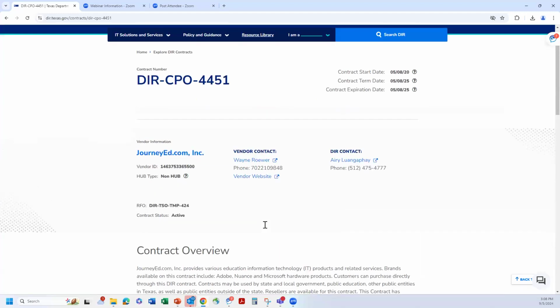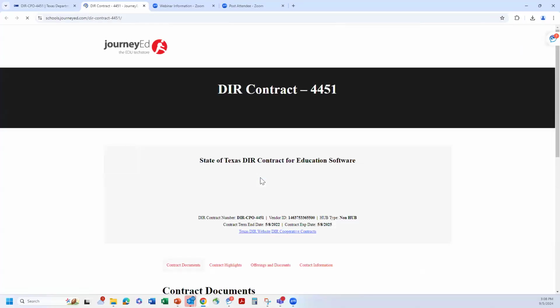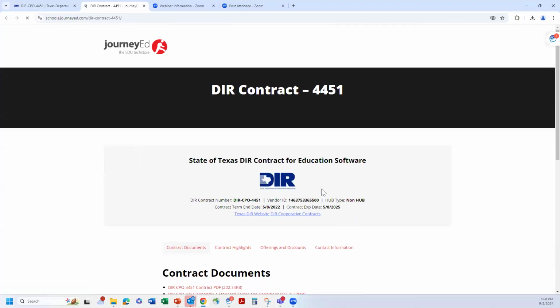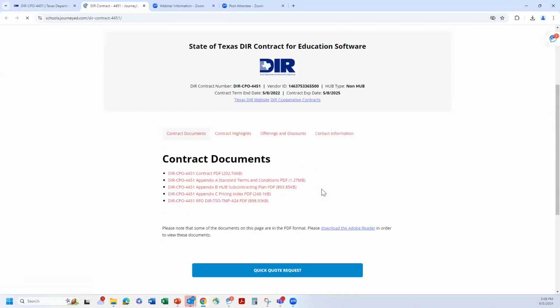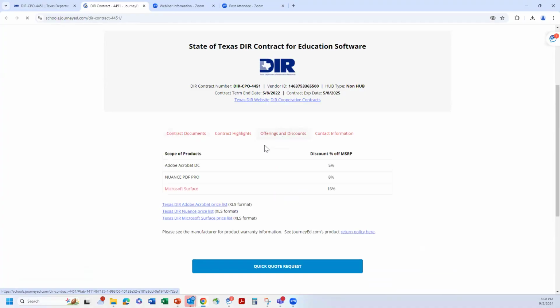But if I want to come back up here and look at their contract offerings, I'm going to click on that vendor website link. And this page here is specific to that DIR vendor contract. And I want to look at their offerings and discounts. So I can see that they offer Adobe at 5%, Nuance at 8%, and their Microsoft Surface series at 16%. And I want to look and see what their Adobe price list is.